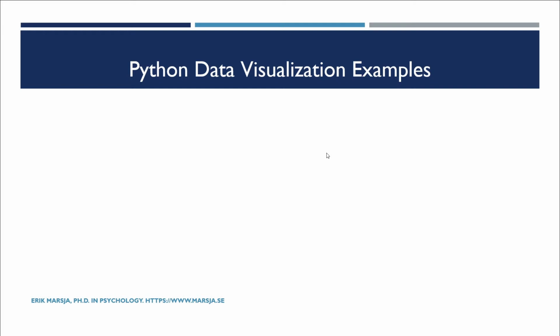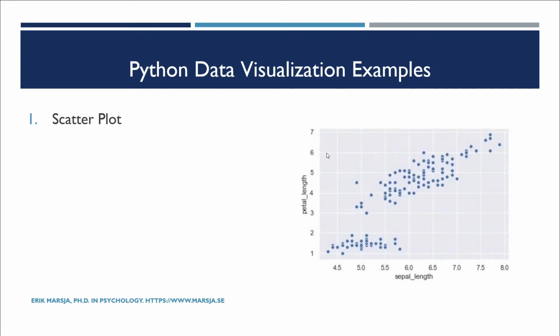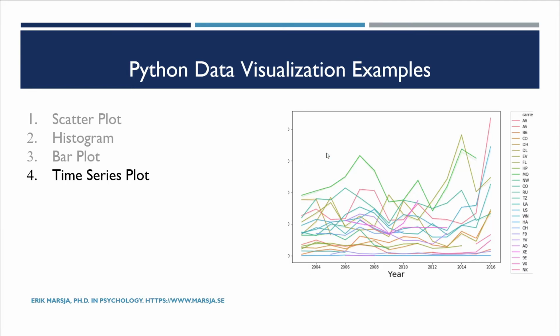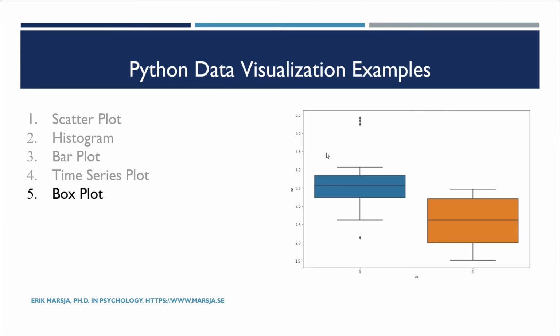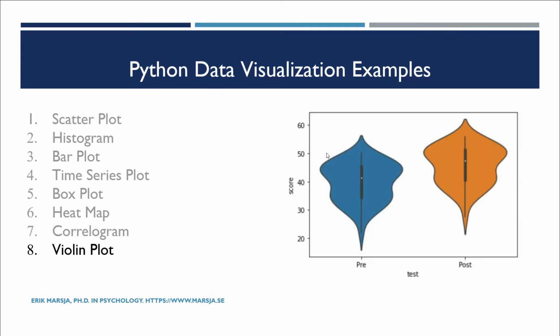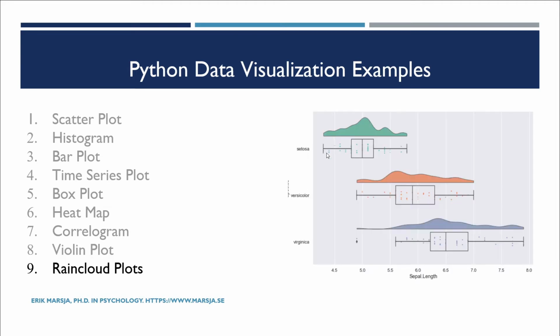Hi and welcome. In this Python data visualization tutorial, you will get 9 examples of plots you need to know. You will learn how to create the following plots using Python. First, we start with the scatter plot. Then we continue with the histogram, bar plot, time series plot, the box plot. And after that, we will continue by creating a heat map, a correlogram, a violin plot, and then create raincloud